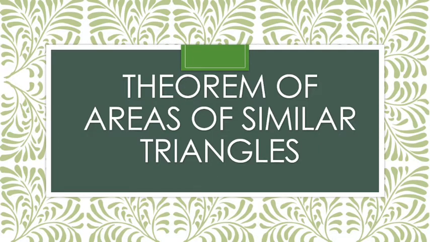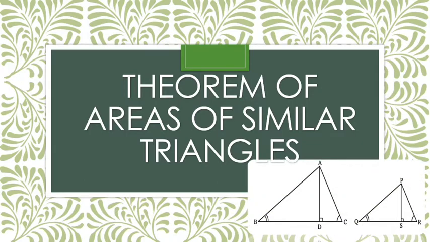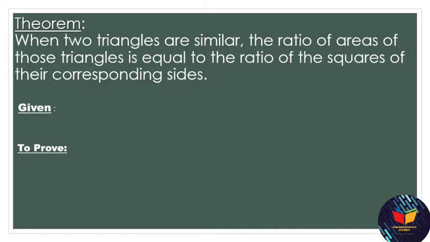Today we are going to study the theorem of areas of similar triangles. It is a very easy theorem as well as an important theorem. Generally it is asked for 3 to 4 marks in the board exam. So let us start. The statement of the theorem is: when two triangles are similar, the ratio of areas